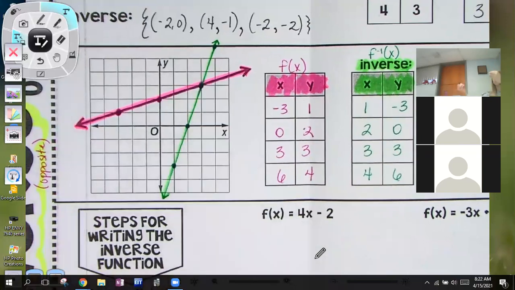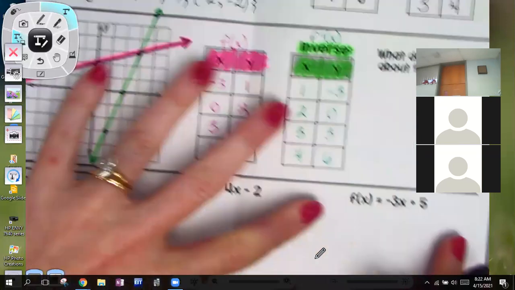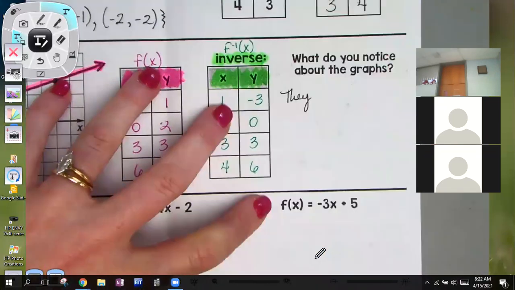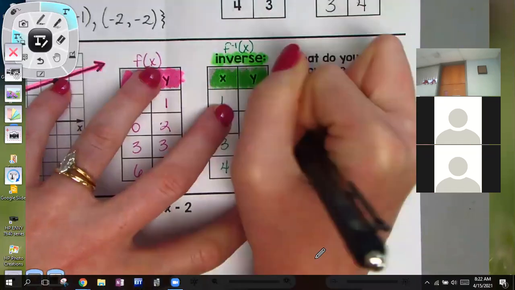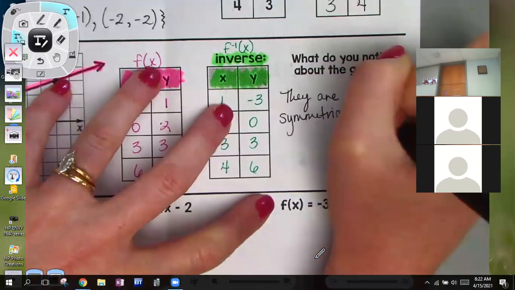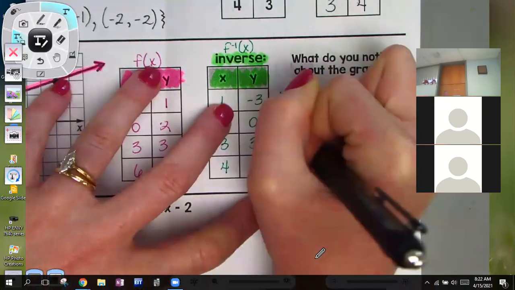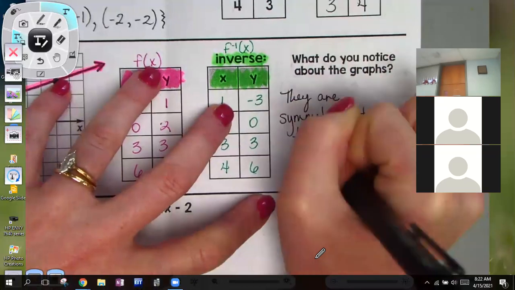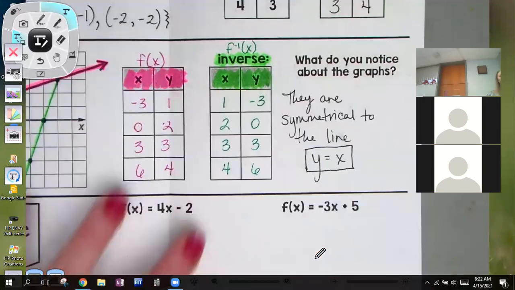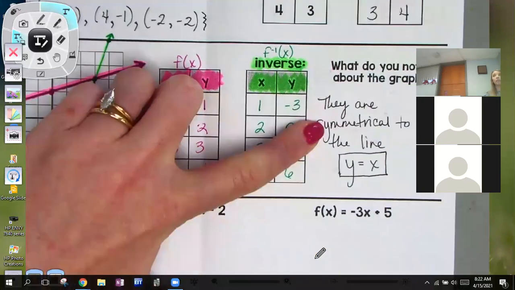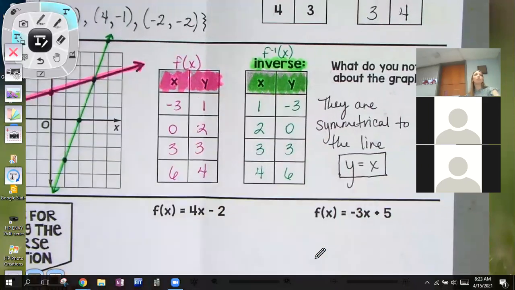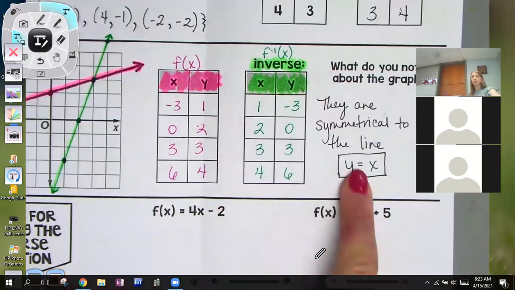So let me get y'all the rest of the way. So what's happening is they, write this down, are symmetrical to the line y equals x. Okay, now we're not going to panic because I'm going to explain. So what the heck does that mean? Well, y'all got everything up until this part right here. Instead of them being reflected over an axis, they're actually being reflected over a line